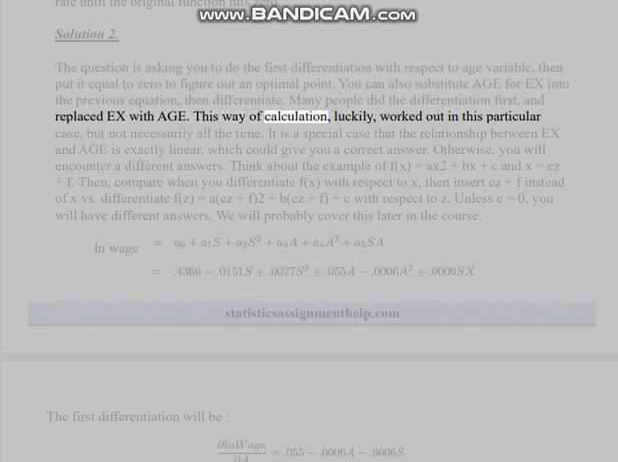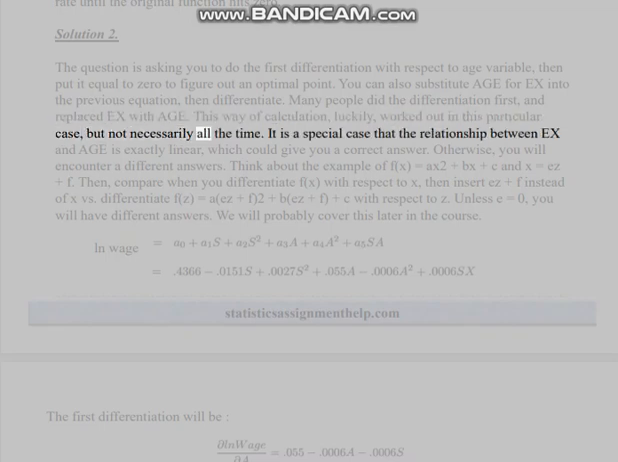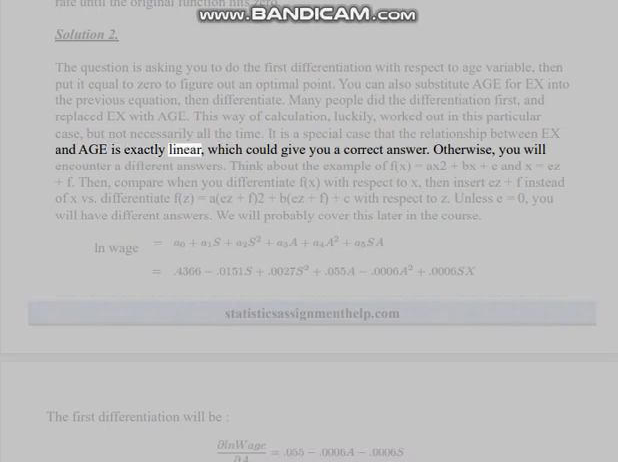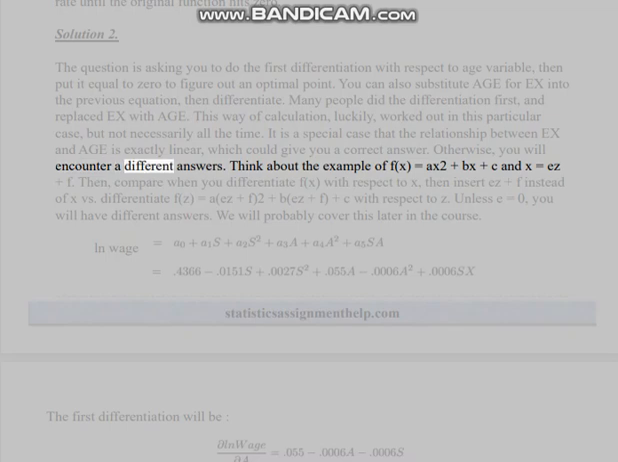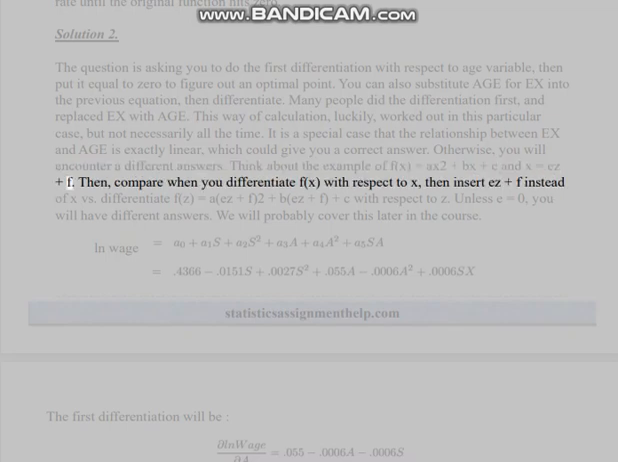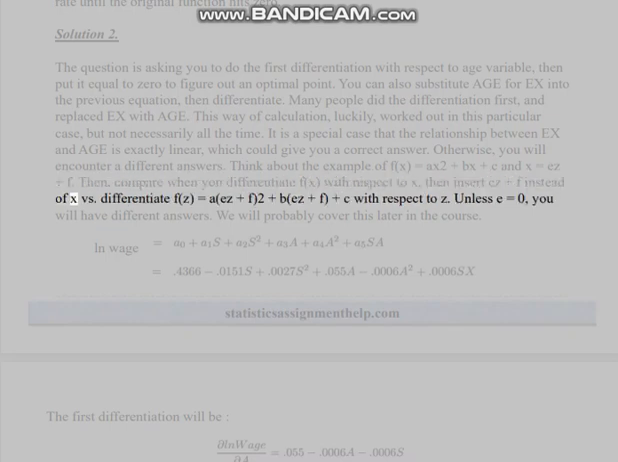This way of calculation, luckily, worked out in this particular case, but not necessarily all the time. It is a special case that the relationship between EX and AGE is exactly linear, which could give you a correct answer. Otherwise, you will encounter different answers. Think about the example of f(x) = ax^2 + bx + c and x = ez + f. Then, compare when you differentiate f(x) with respect to x, then insert ez + f instead of x, versus